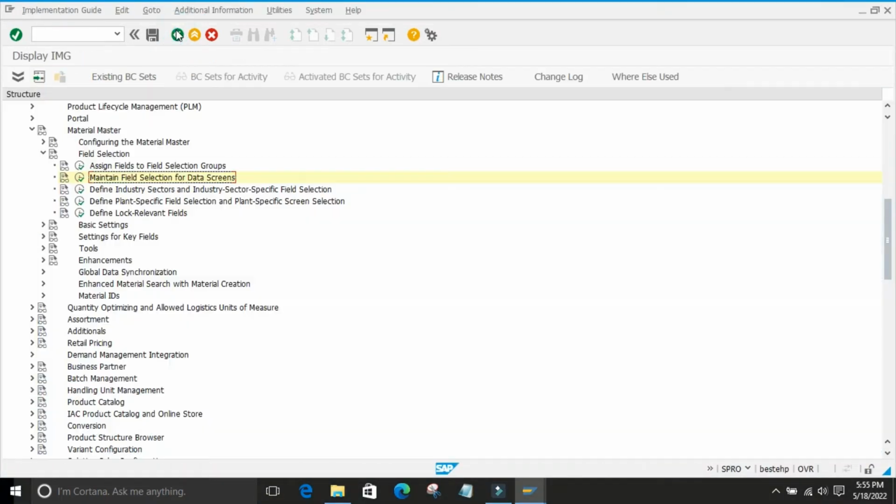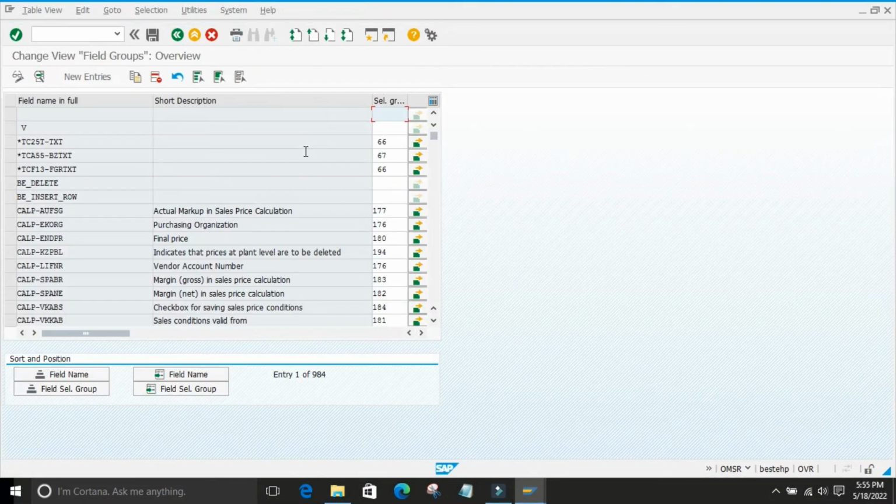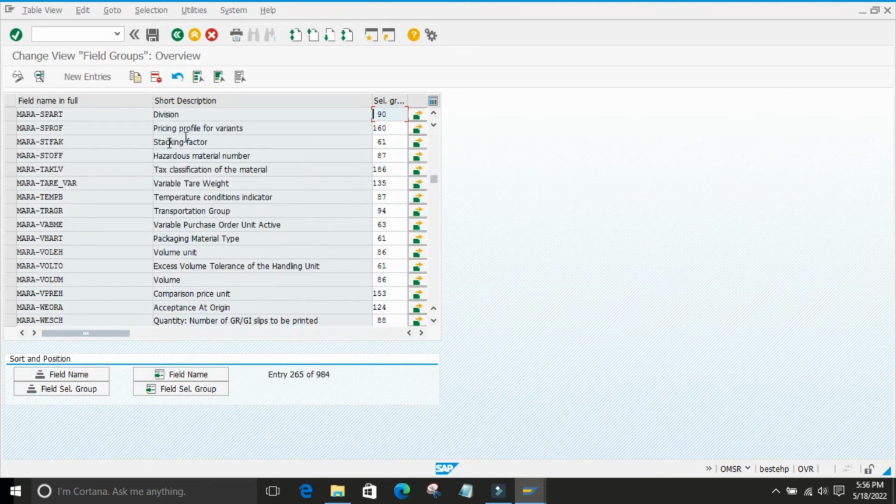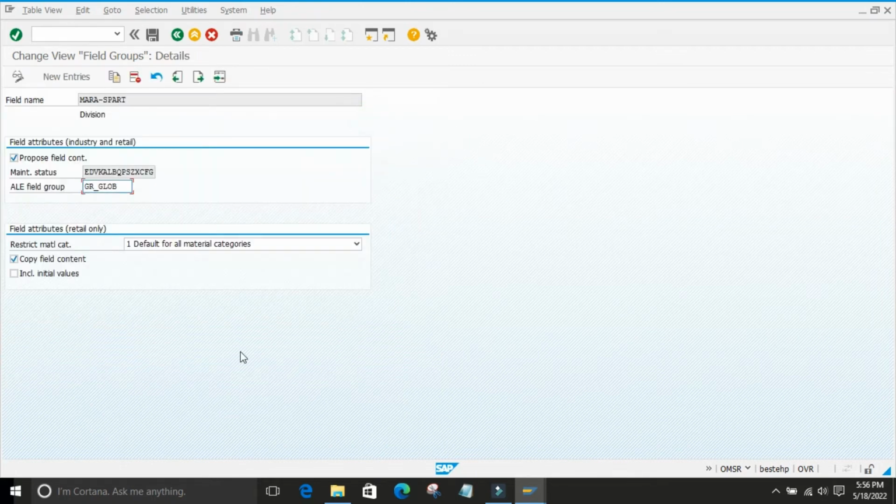First you find the group name. What is the group name assigned to your table name? See, for division the group name is 90. So